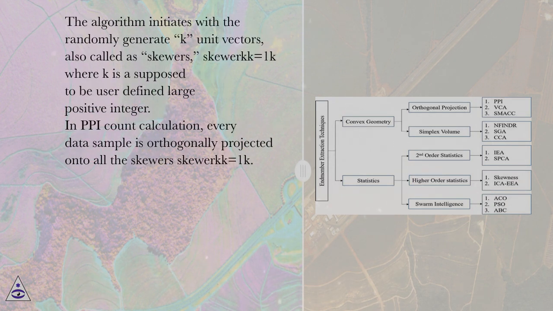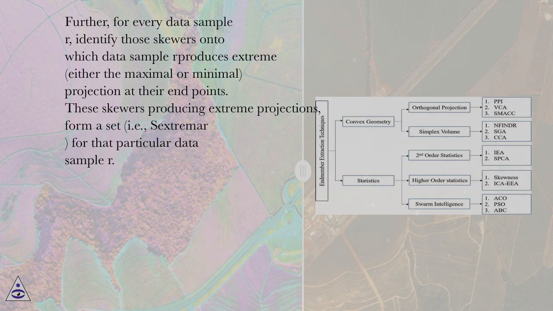The algorithm initiates with k randomly generated unit vectors, also called skewers, where k is a user-defined large positive integer. In PPI count calculation, every data sample is orthogonally projected onto all the skewers. Further, for every data sample r, identify those skewers onto which the data sample produces extreme, either the